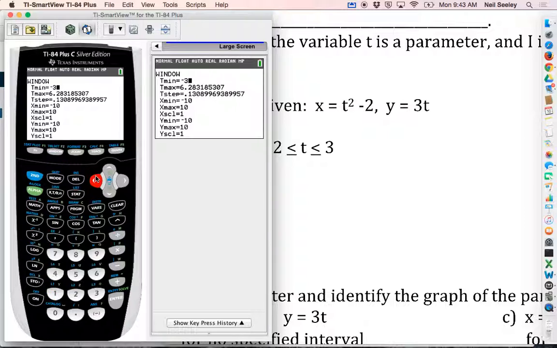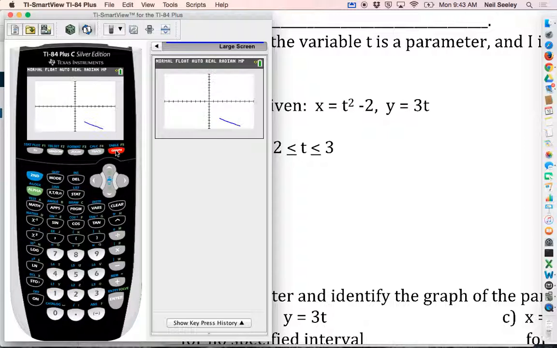Oops. If I had my regular calculator, this would be a lot better. -3 and 1. And then we can choose other things, like the size of the window. If you hit graph, it's only going to graph that piece of it. So if you remember Friday, it just graphs a part of it because it's the plots for